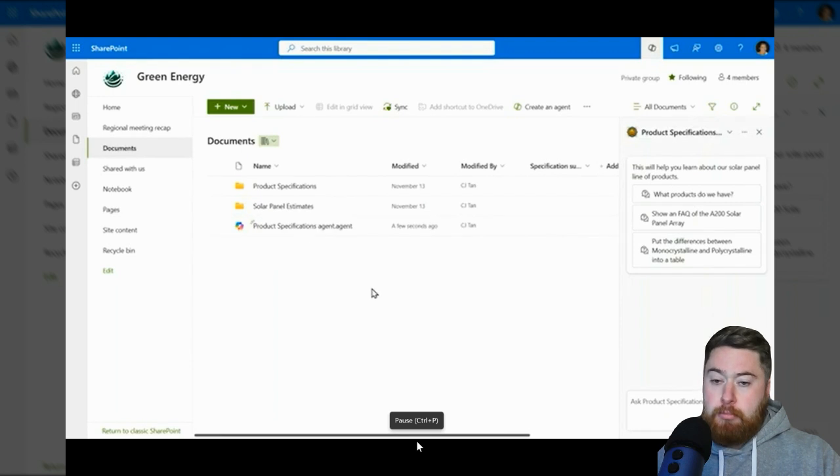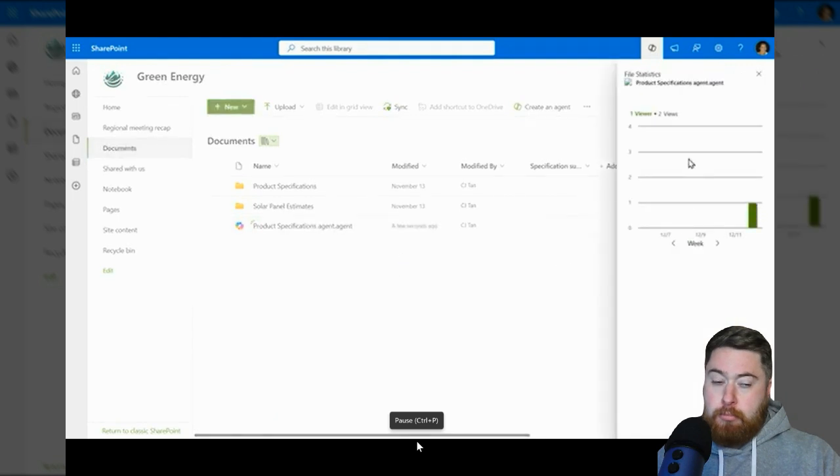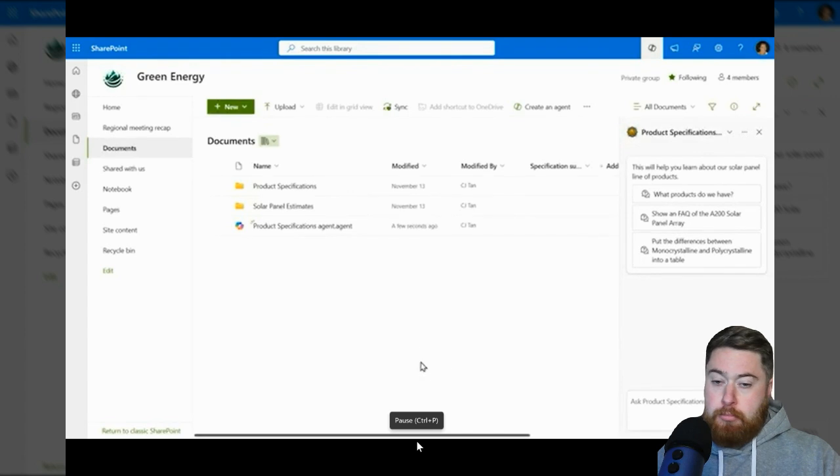In the same way that you need create and edit permissions to add files to this location, you will need those same permissions to create and edit agents. So the create agent entry points follow these permissions as well. The file hover card shows for the file, and you can see that it also shows that I've got 2 views on this so far with the file statistics. We've also kept the majority of the options in the overflow menu that makes sense for a .agent file,